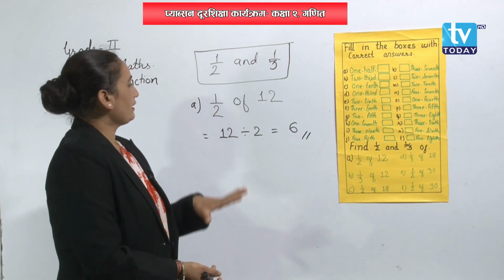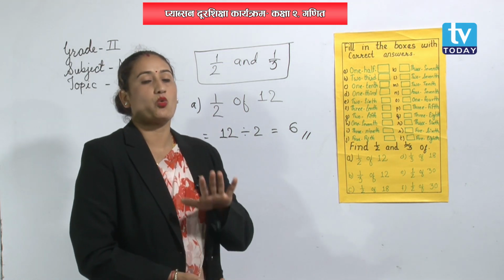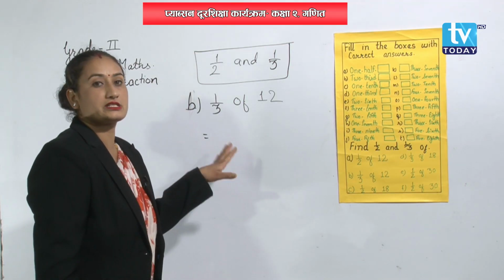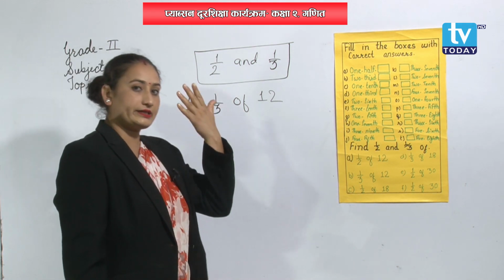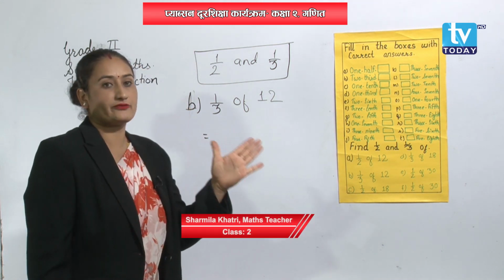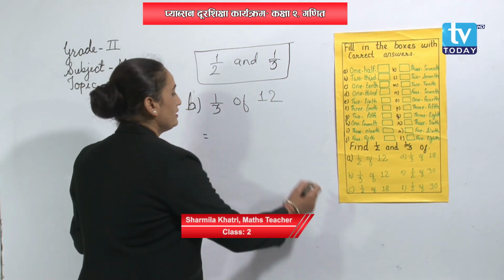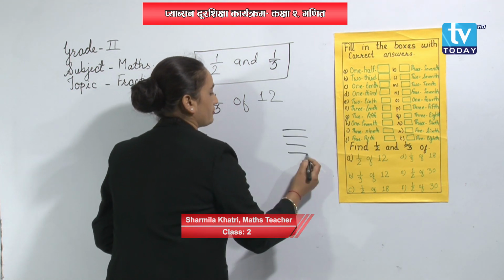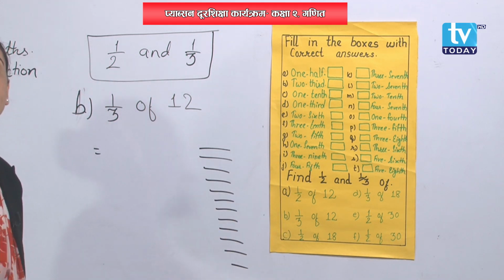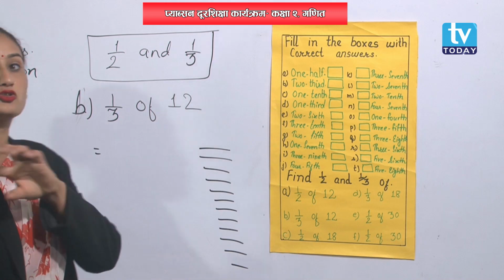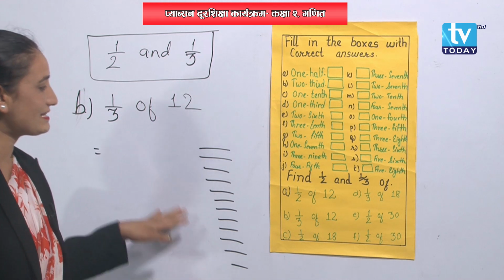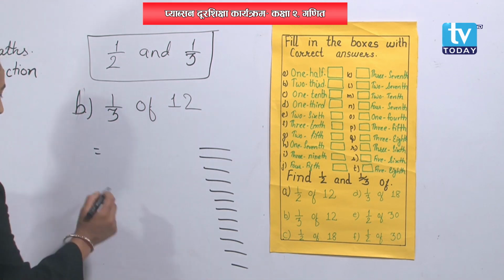Now, if I want to take the 1/3 part of 12, then how to do it? Let's have a look at this question. Half is already completed. Half of 12 we have found is 6. Now you are going to divide this 12. See here, okay. 12 lines: 1, 2, 3, 4, 5, 6, 7, 8, 9, 10, 11, 12. 12 lines in 3 parts, in 3 places or 3 groups we can say. If you want to divide these 12 lines into 3 groups, then we have to write the name of the groups